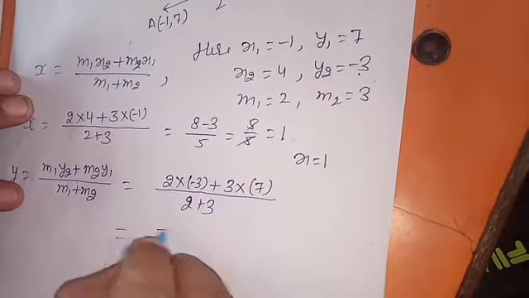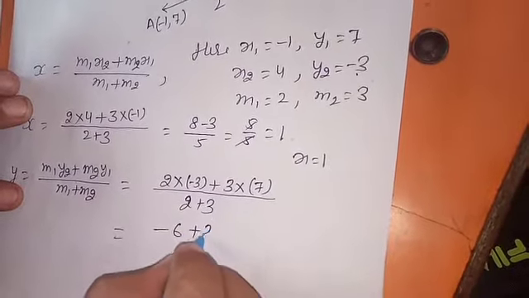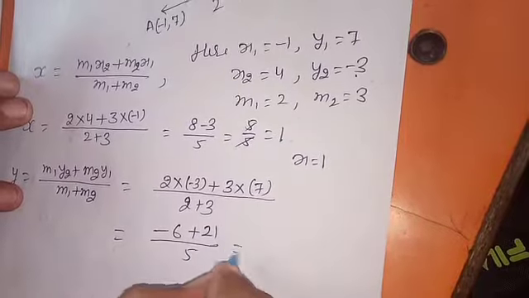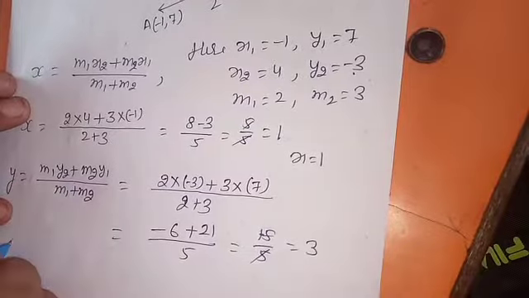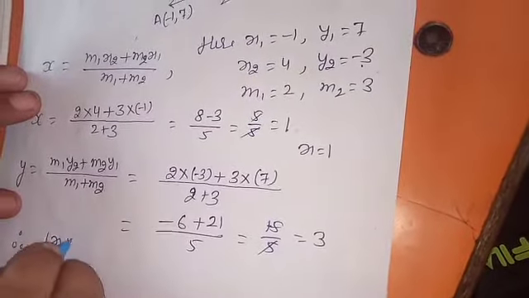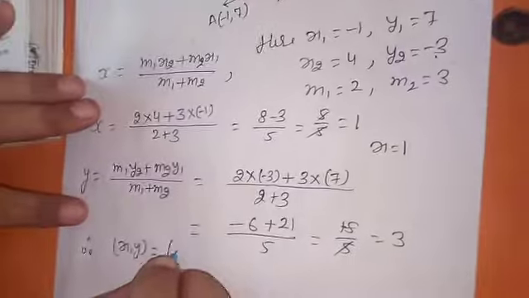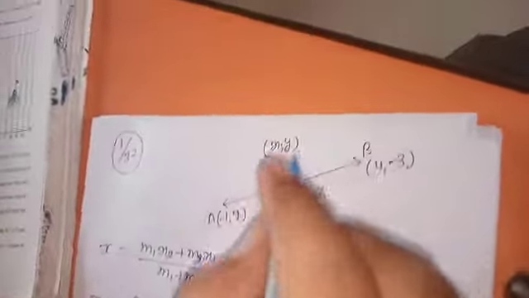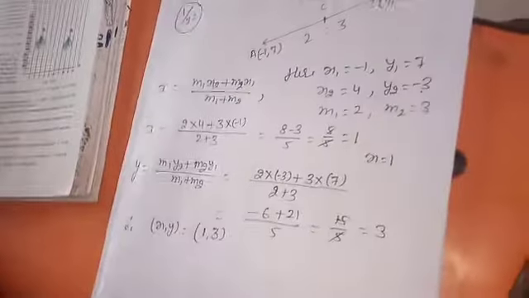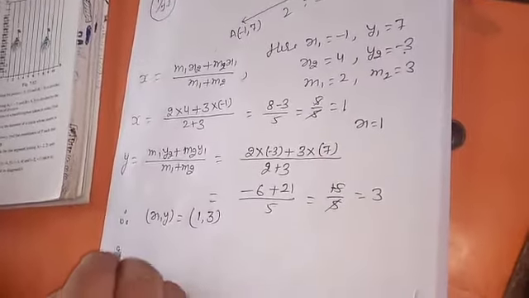So this is minus 6 plus 21 by 5, which is 15 by 5, meaning 3. Therefore x and y are 1 and 3. Understood? Point C has coordinates 1 and 3. Question number 2,